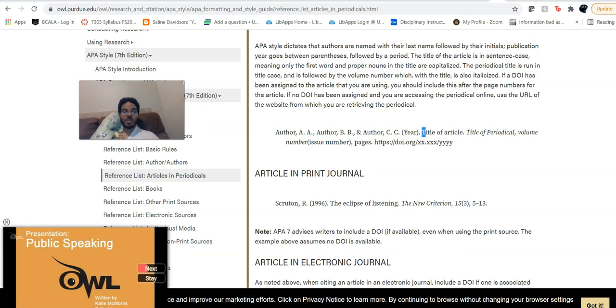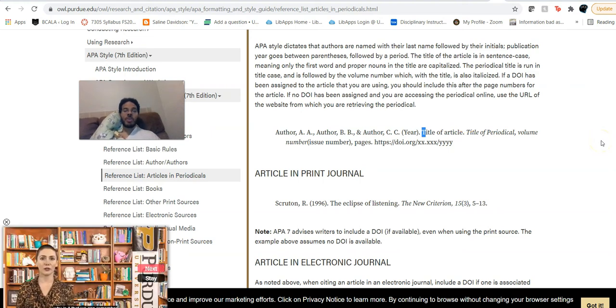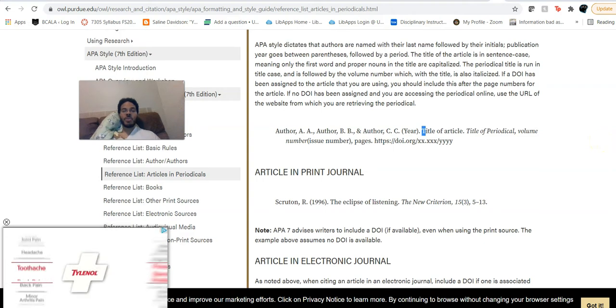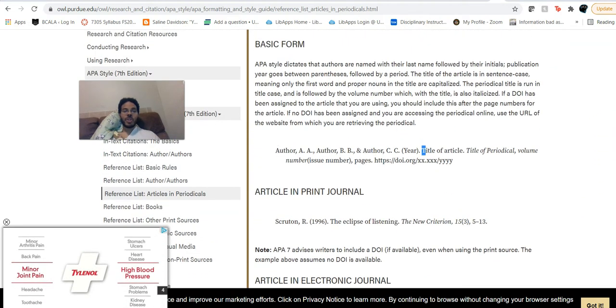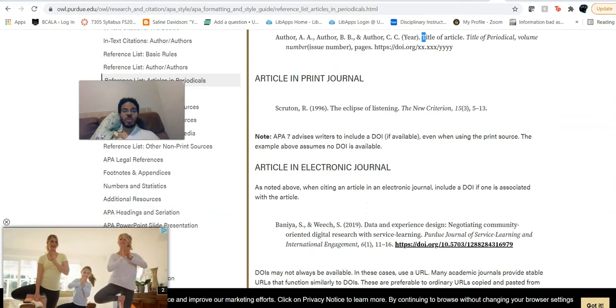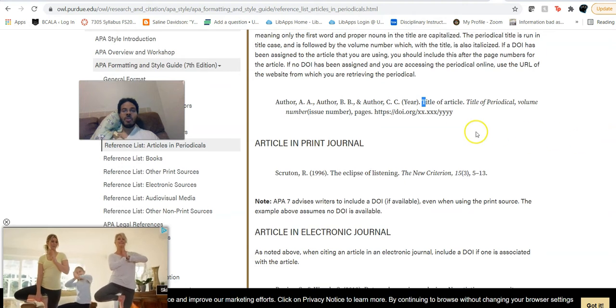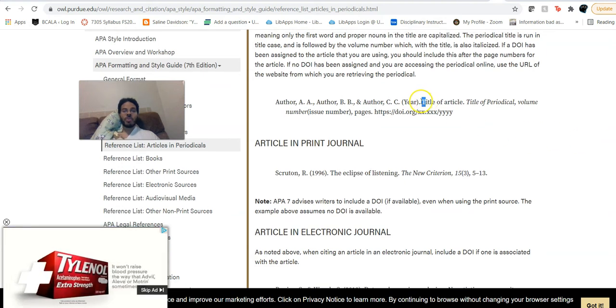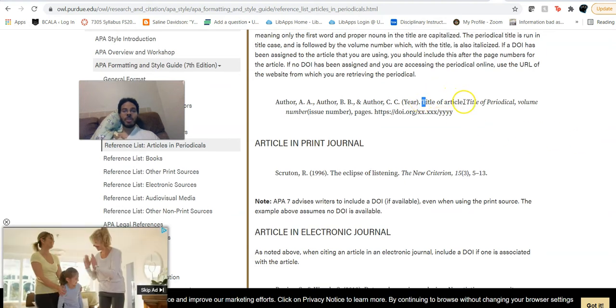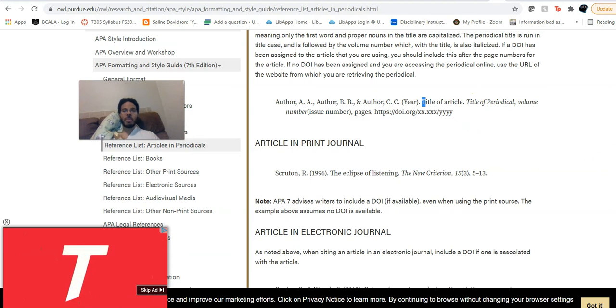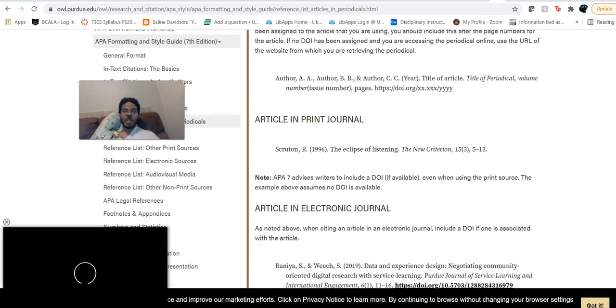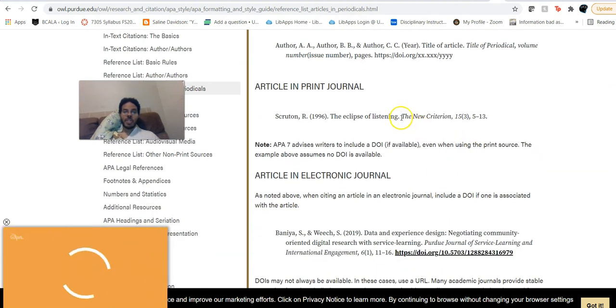So again, let me say that a little clearer. When you are writing article titles into your references list, whether it's articles from newspapers, journals, or magazines, you will only capitalize the first word of the title, the first word of the subtitle, and any proper nouns. So, as an example, as you can see here with the new criterion,